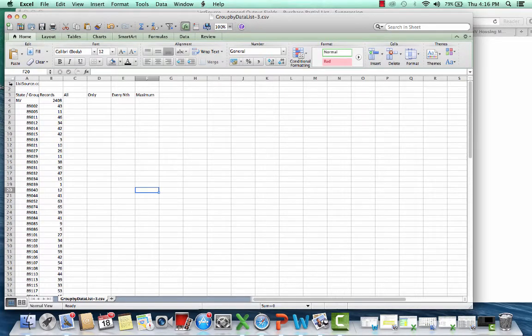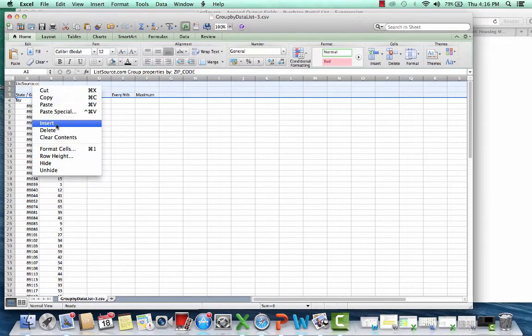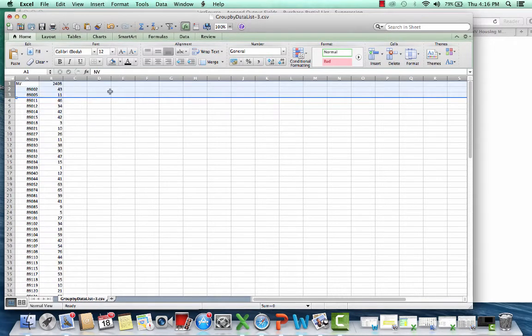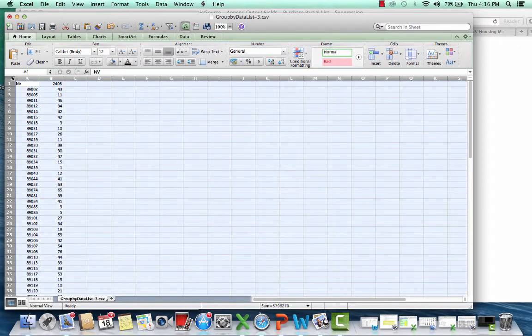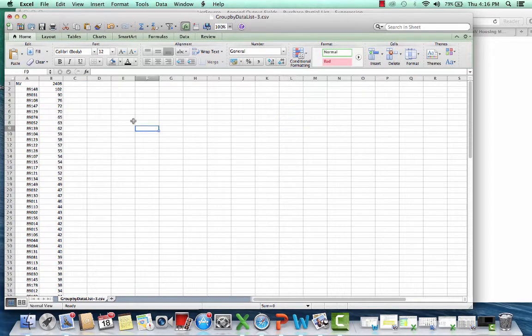What I want to do is select these top few up here. I want to leave that total number, leave the state, and leave all those. So I can right click and delete those. Then click on this little thing so it makes it all blue, and do a custom sort. We want to sort by column B. B is the data. And for order, we want to go largest to smallest. So boom, then it gets you